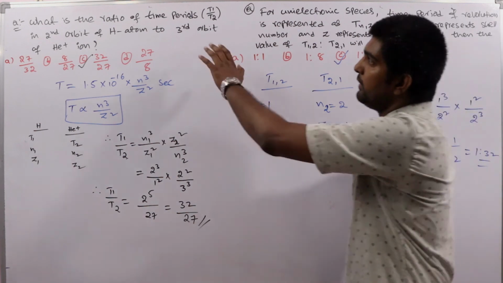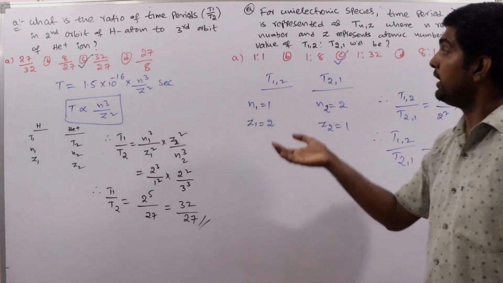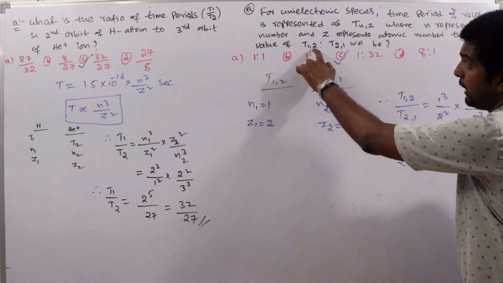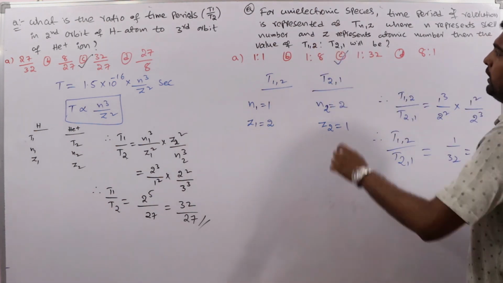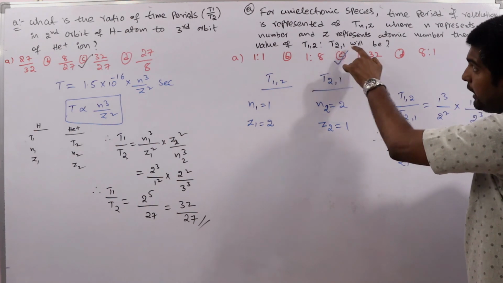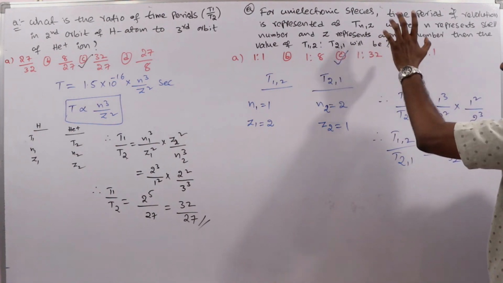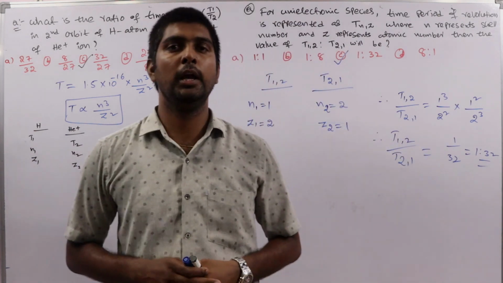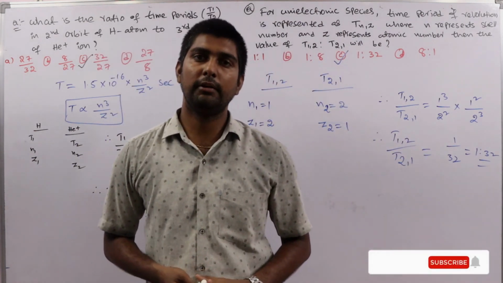Okay, so here directly they have given it in this way and they indirectly gave 1 comma 2, means first orbit atomic number is 2. Here second orbit atomic number equal to 1. Yes or no? This way they have provided the information. Okay, read the question carefully and we can get the answer very easily.